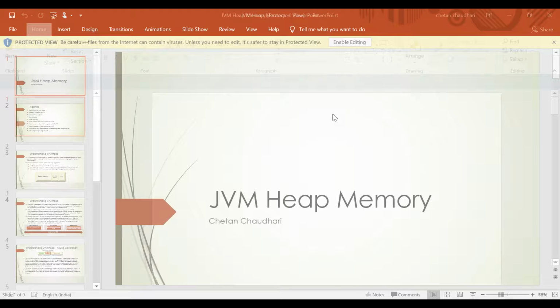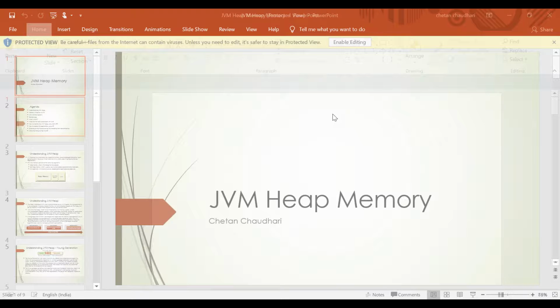Inside the survivor space, we also have two spaces: survivor to and survivor from, or sometimes they are called S0 and S1. The objects move from to to from, from to to, like that. We will see that in the GC session, and how the objects move. I think those who attended the demo session, I showed that live, right? How the objects are moving from survivor space 0 to S1.